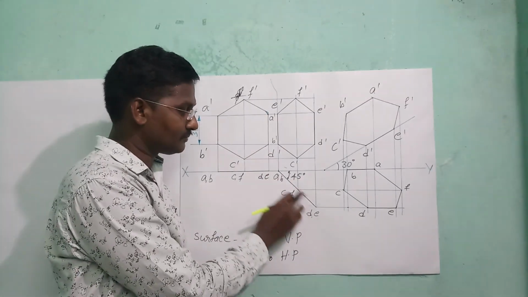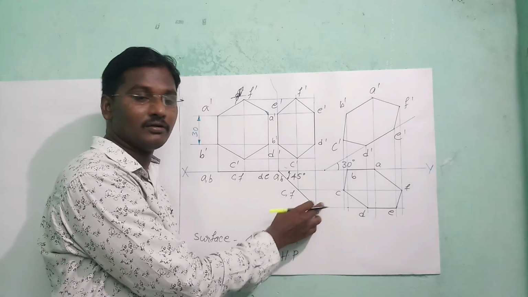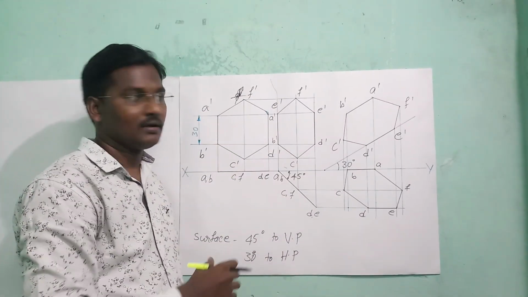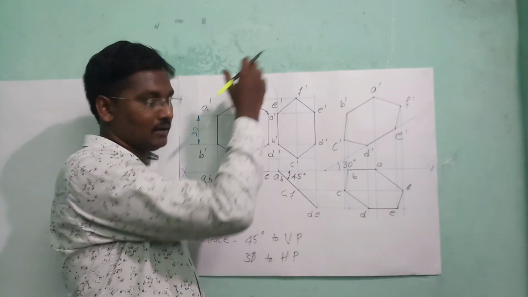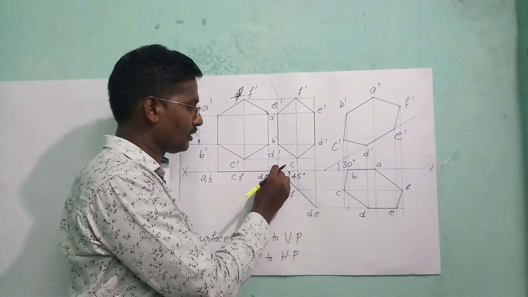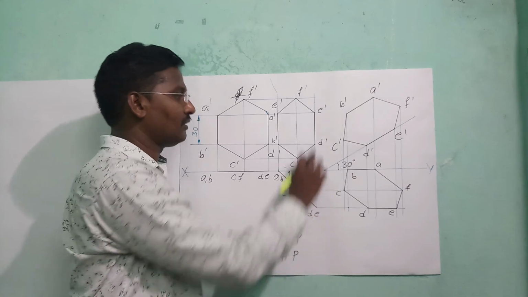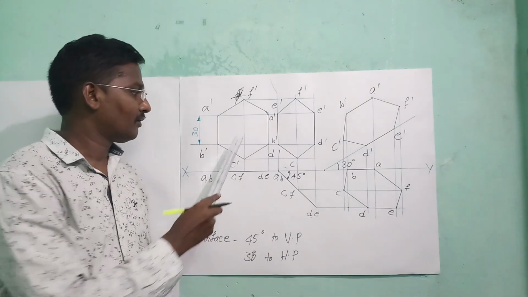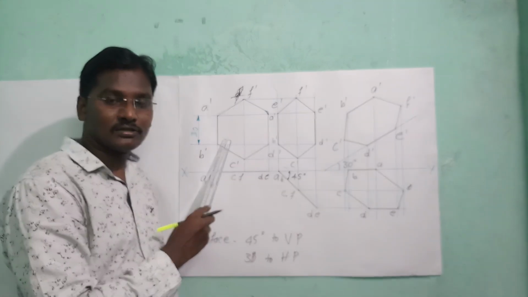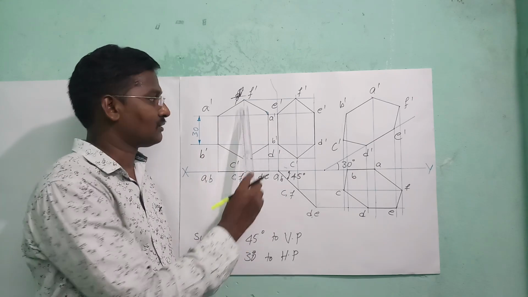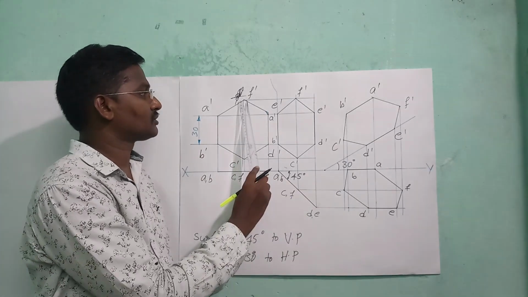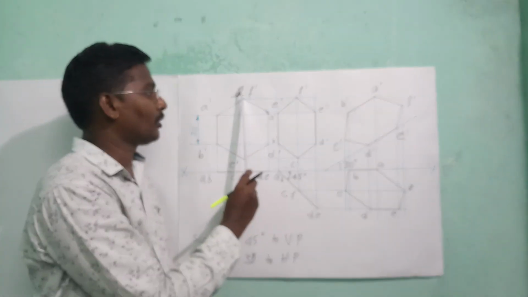Now from this line, draw the vertical projection lines towards above. Okay, vertically. Now at the point A, draw the vertical projection line, C vertical projection line, D also vertical projection line, and from this hexagon also draw the horizontal projection line. Okay, now draw the horizontal projection line at each and every point from the point F dash.